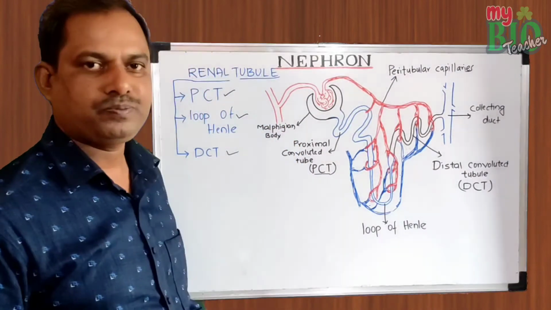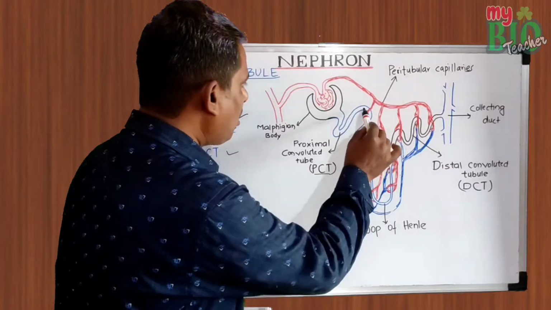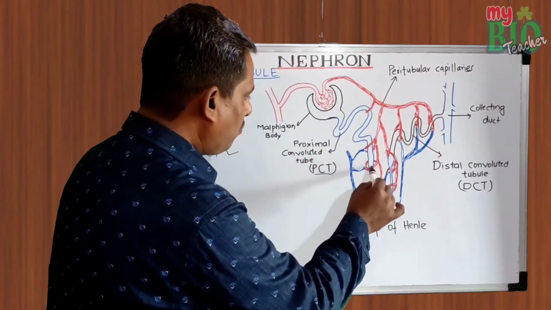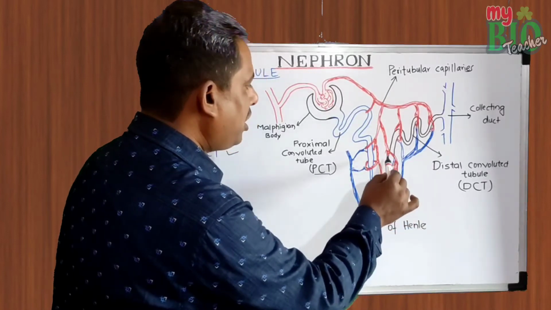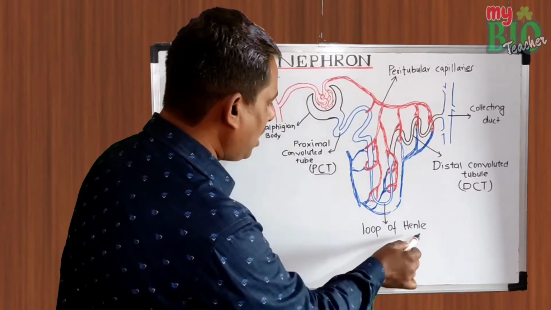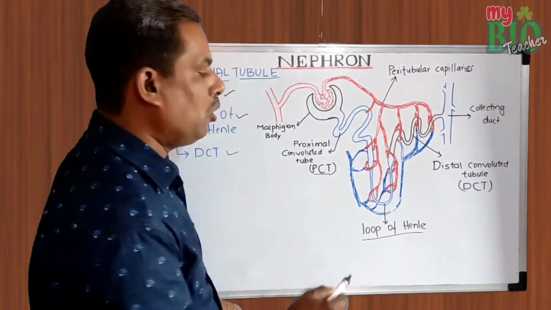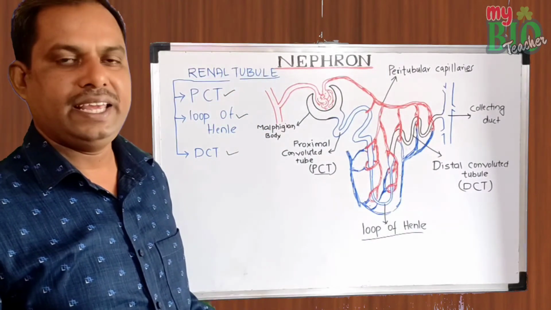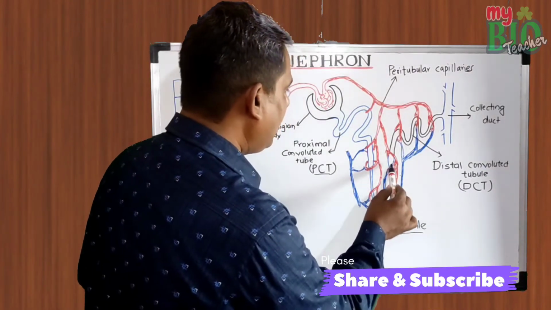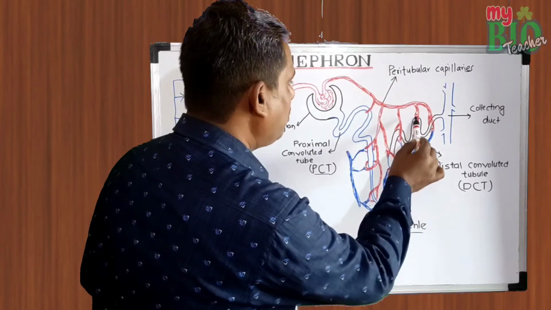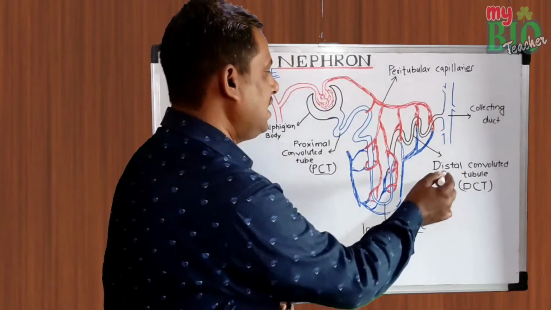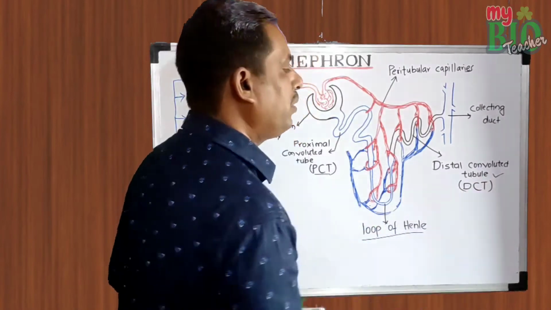PCT. Proximal convoluted tube continues to form a U-shaped tubular structure. This U-shaped tubular structure is called the loop of Henle. Next, this loop of Henle again continues as a tubular part. This tubular part is called the distal convoluted tube,